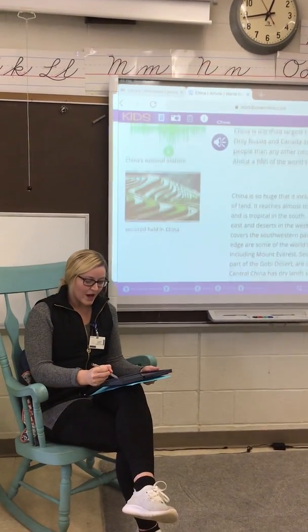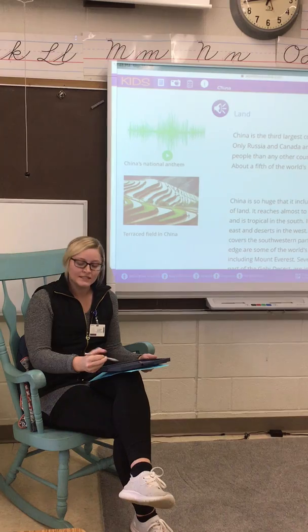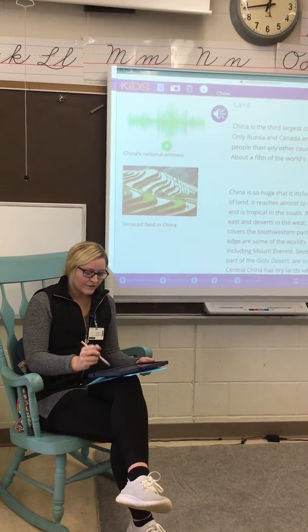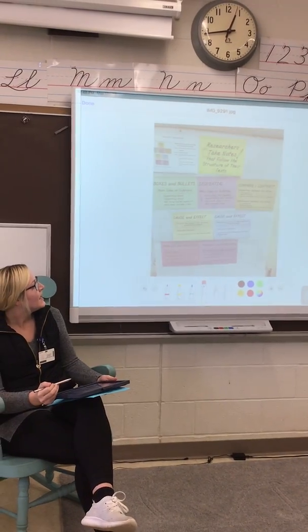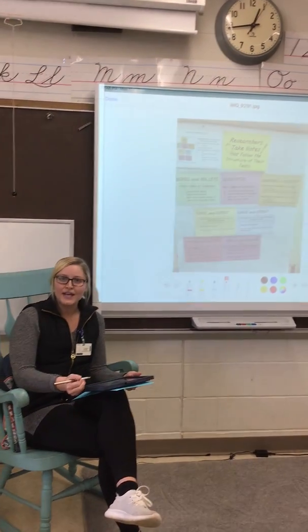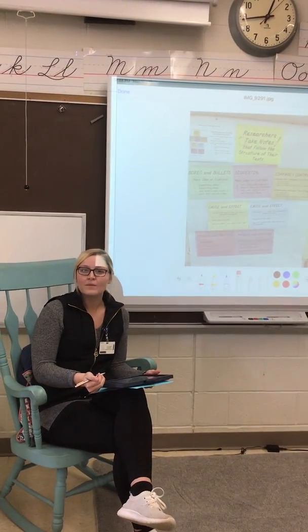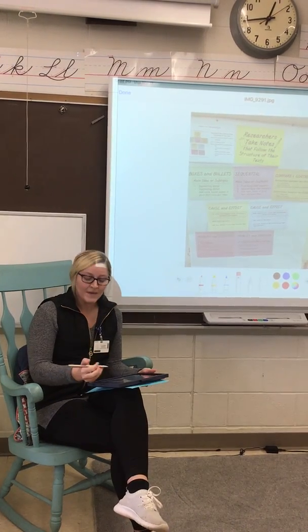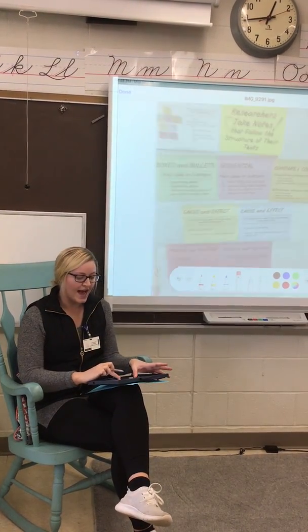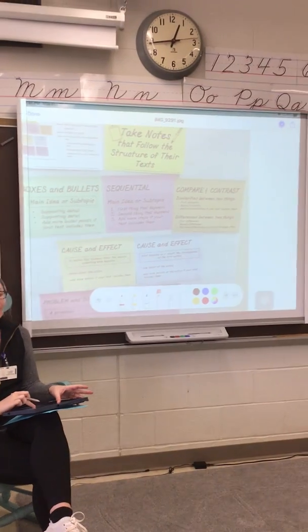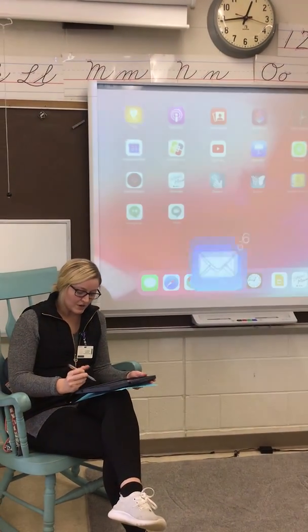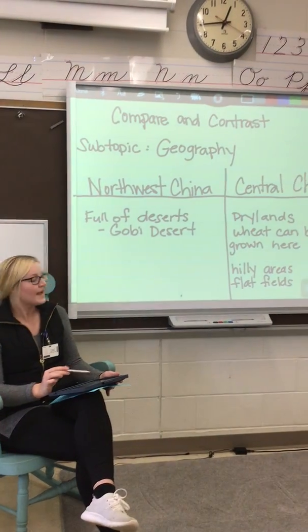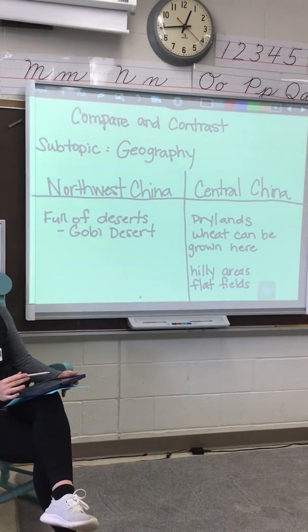So I'm going to think about this section that I just read and see what kind of text structure I could use to take notes on. And I'm noticing in the section that we just read, it's talking about different parts of China. Maybe I could use compare and contrast to compare the different parts of China that I just read about for the land. So I'm going to open up my notes here, and I have compare and contrast as my structure